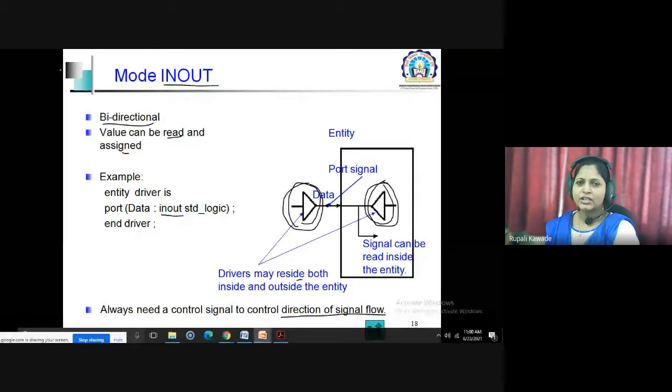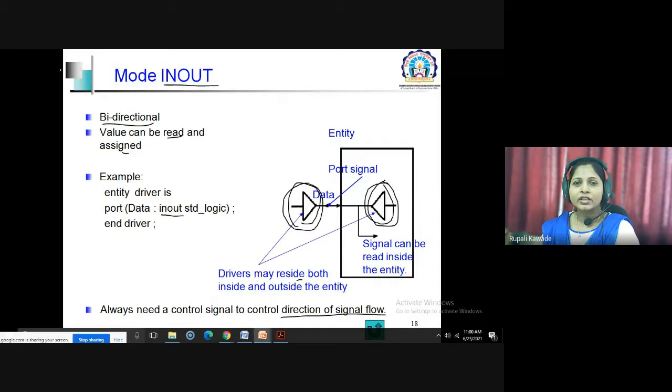Okay, that is the inout. If you see, in case of flip flops using NAND gates, if you recall the diagrams you have studied in your digital systems, there can be feedbacks you apply from output towards the input, right? So in that case, your particular signal can be in as well as out. For those signals, you can mention the mode as inout also.